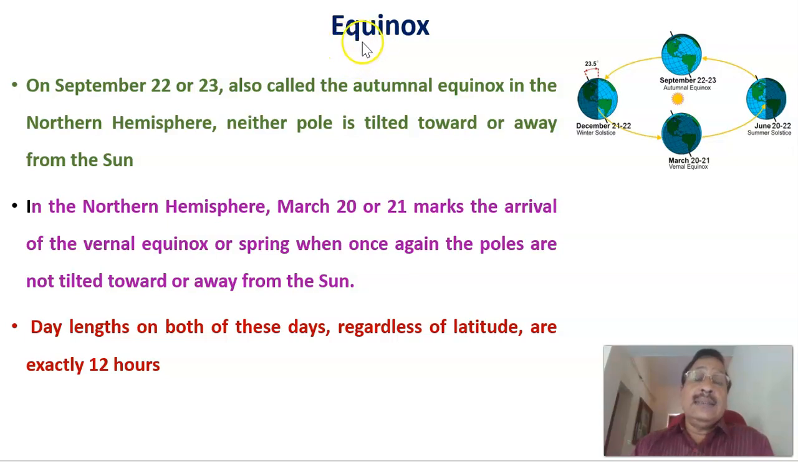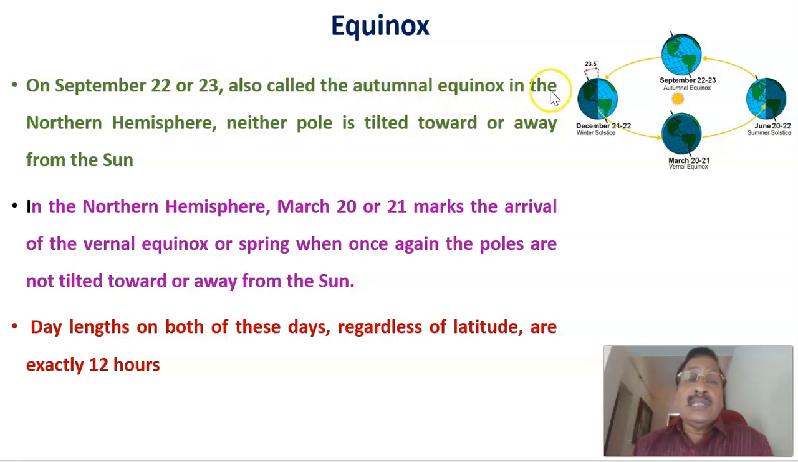Another thing to be considered is the equinox. The equinox happens on September 22-23 and March 20-21. During that period, both day and night are equal, that is 12 hours. Therefore, September 22 and 23 is also called the